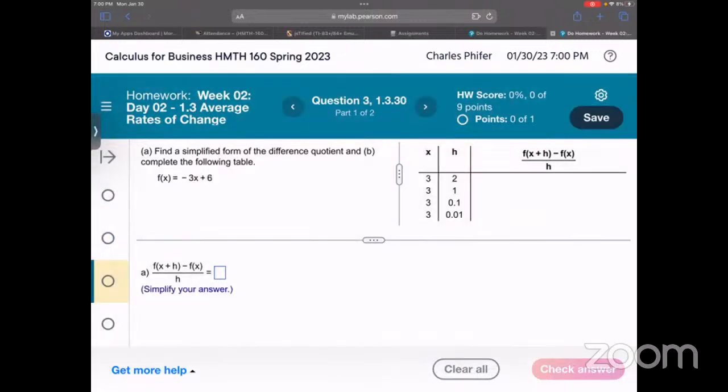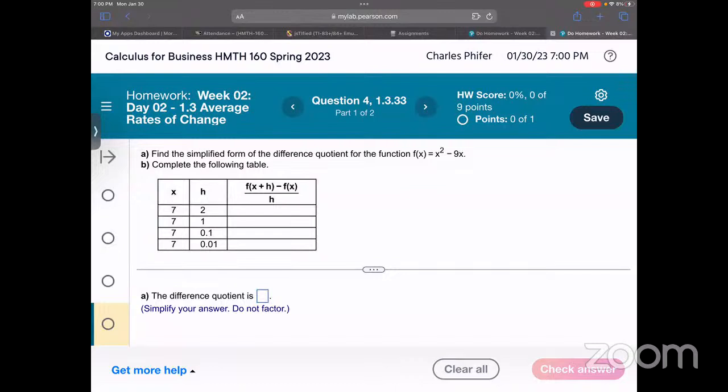Find the simplified difference quotient, right? And then complete the table. So this is kind of a repeat. I don't know if you want this one or not. Difference quotient, we can try it though. Okay, yeah, like this one. What are we plugging into where? Let's try this one. So the difference quotient, right? They gave us our function, so we're going to get a copy of that. And then we need to basically find the difference quotient, right? So let's get a copy of this.